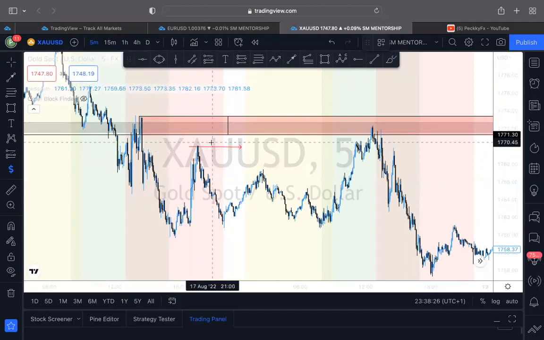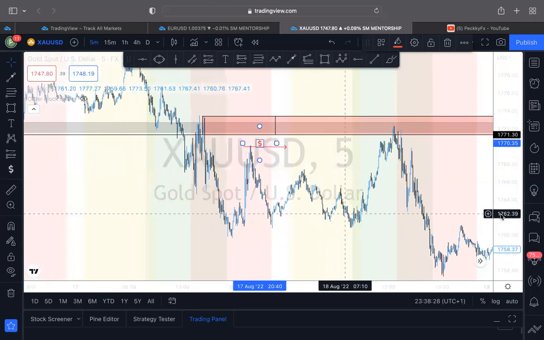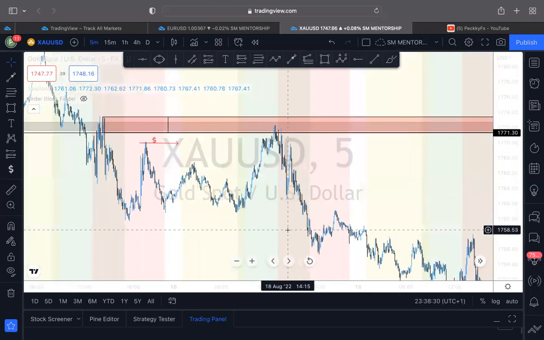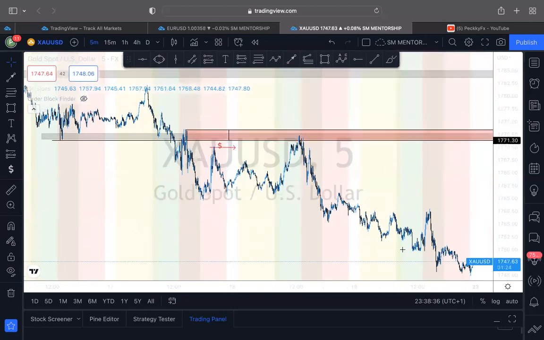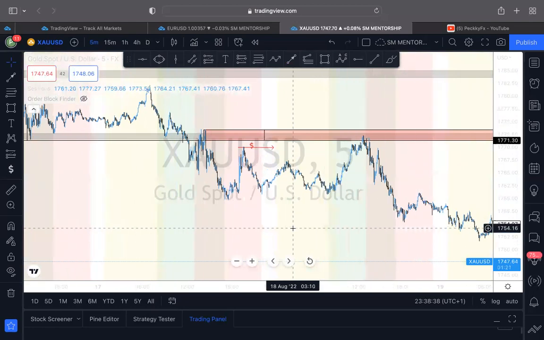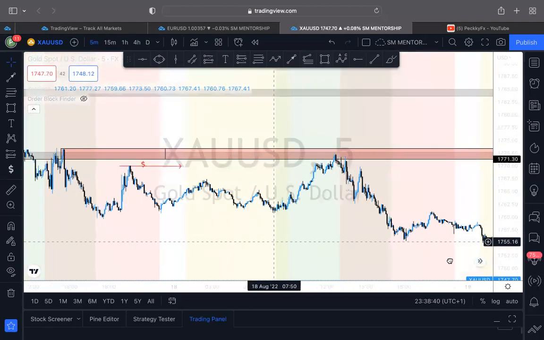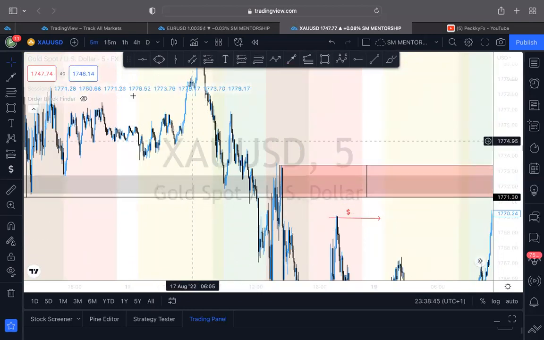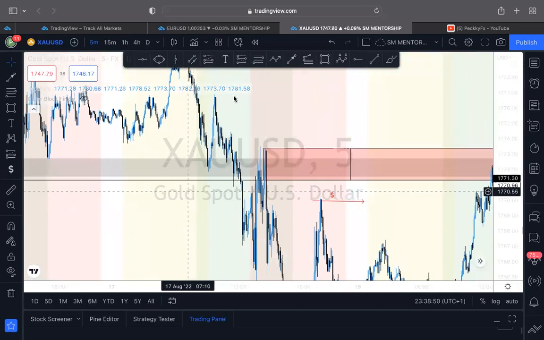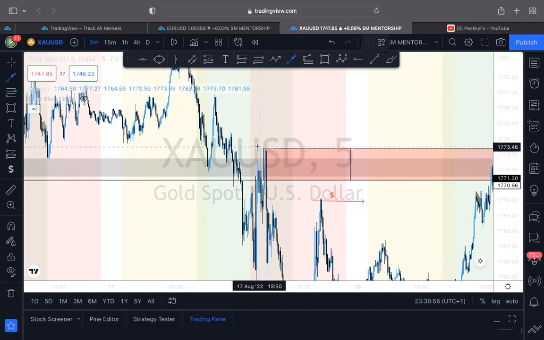and does this thing. Okay, so this was the entry. Yes, it was not an early entry, but I didn't miss, at least. Okay, so this was the entry right here, putting my stop loss slightly above my New York high. Okay, hope you understand. Hope you guys understand what I'm trying to say, because if you don't understand, all you have to do is go back, replay the video, and note down the points of what I'm trying to say,